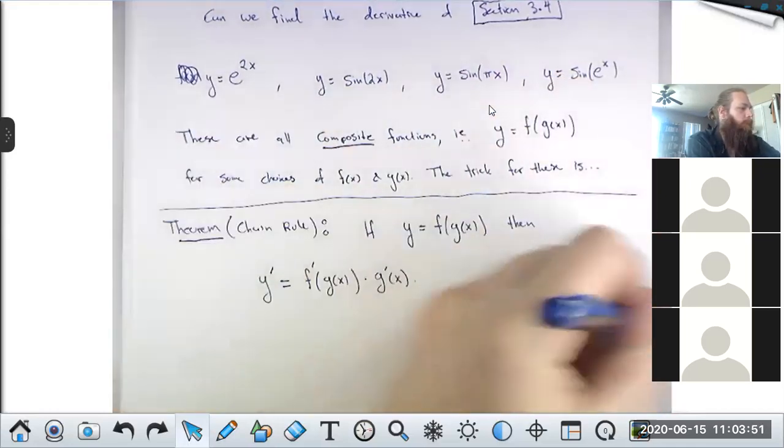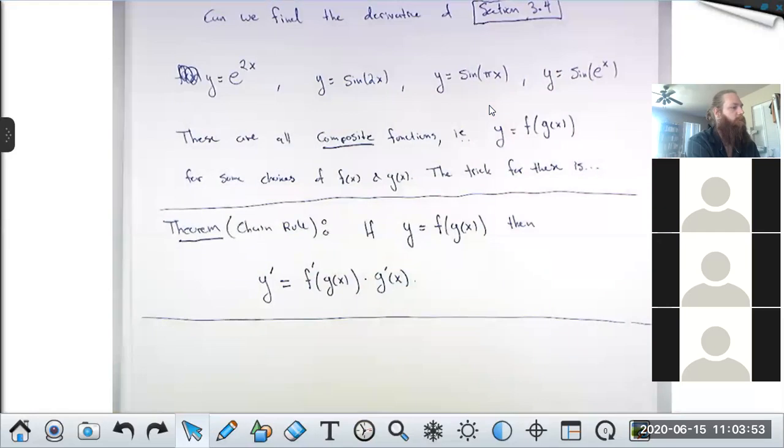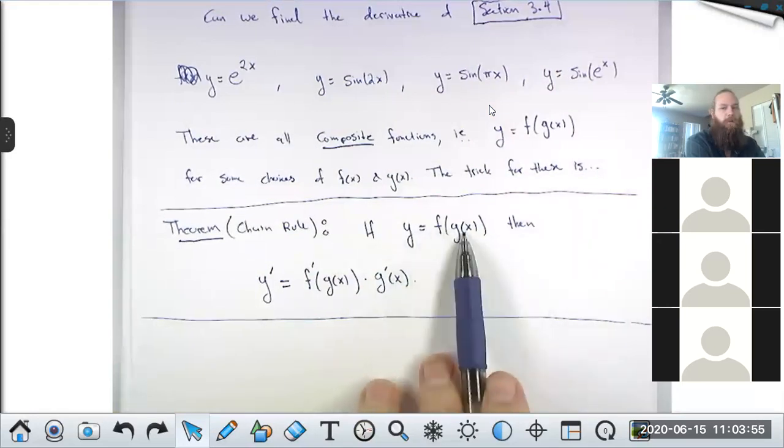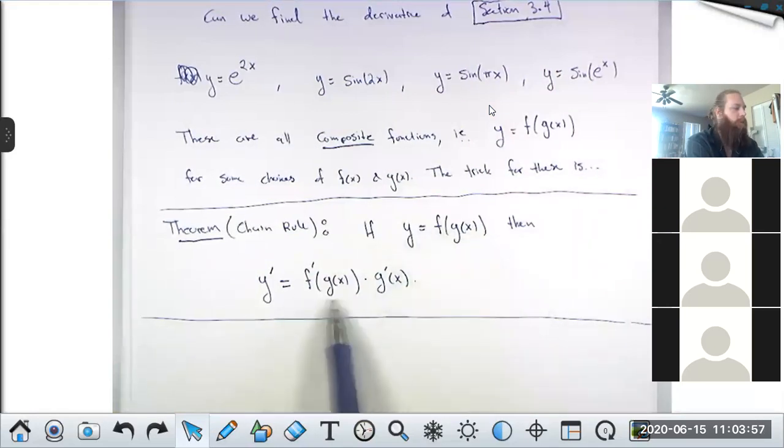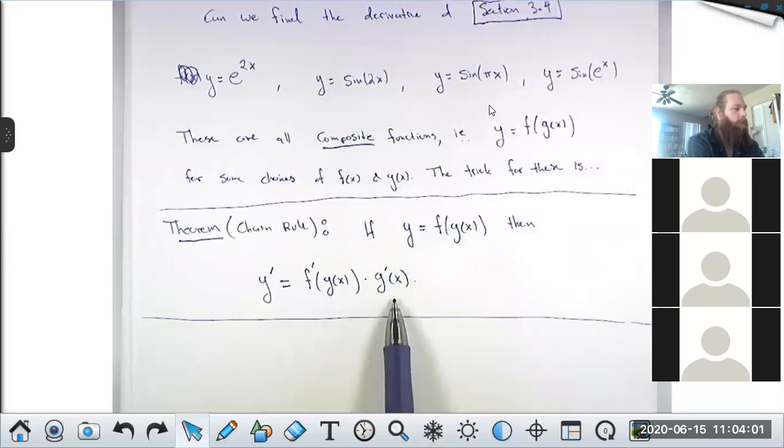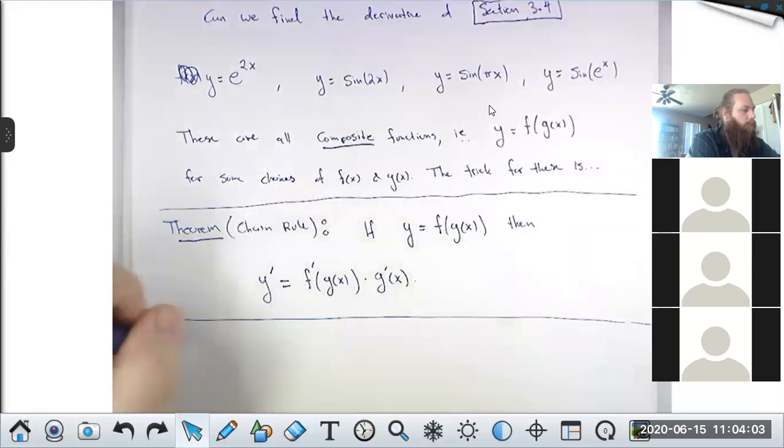So this theorem is called the chain rule. And it says to differentiate a composite function, differentiate the outer function, leave the inner guy alone, then multiply that whole mess by the derivative of the inner function. So for example,